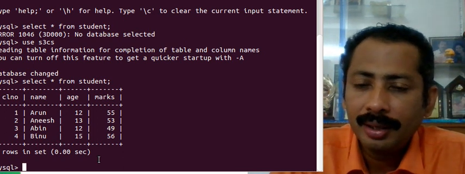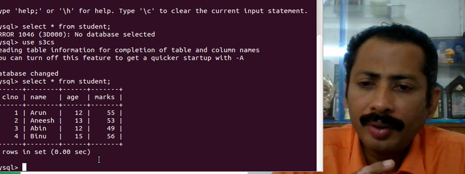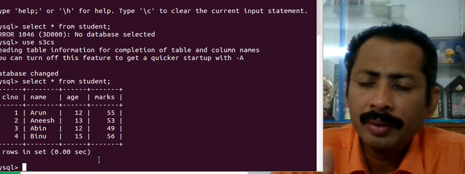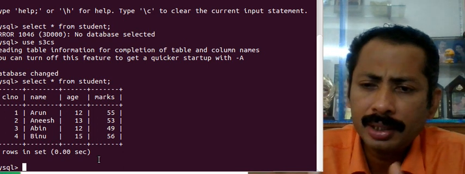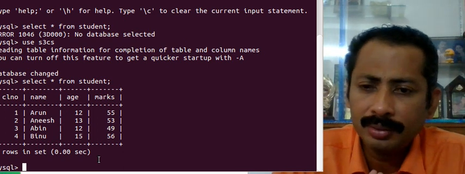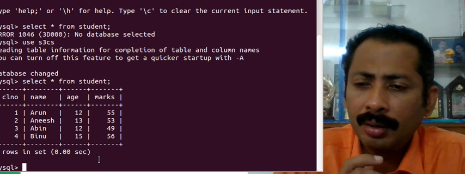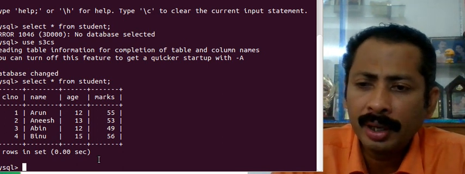And if we want to change the marks of Arun, then the condition will be change the marks of the first record, or we can specify that change the mark of the student having class number 1.